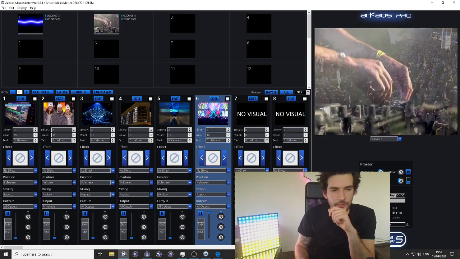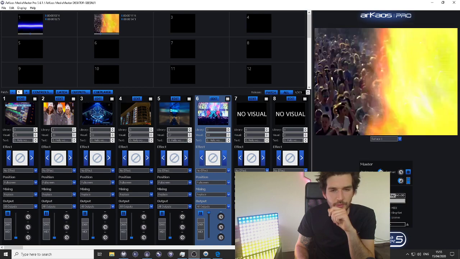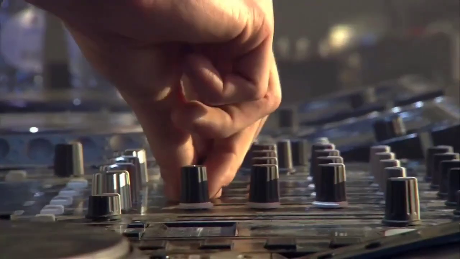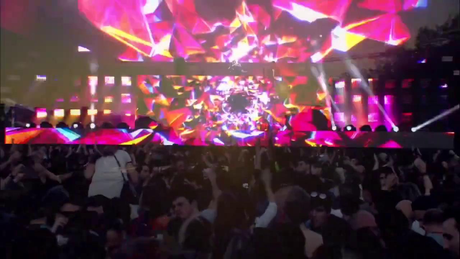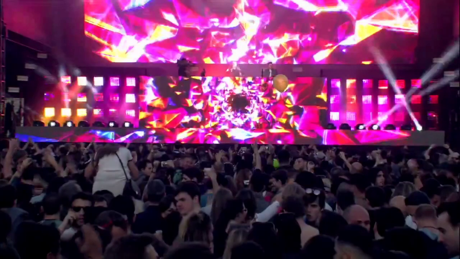Okay, so on the setup you see right here, there was a stage. I'm going to pause that for you. That's a stage full of LED screen, and as well you have moving heads, pixel matrix.